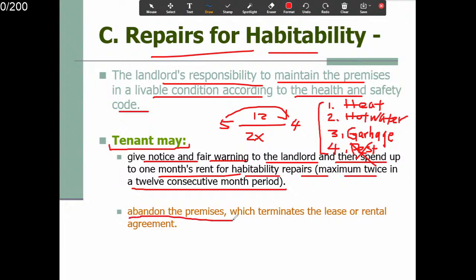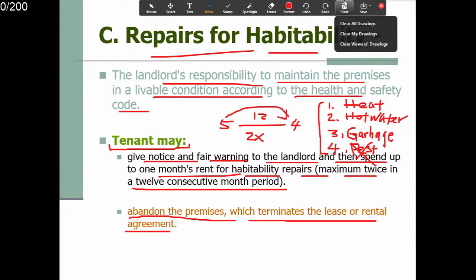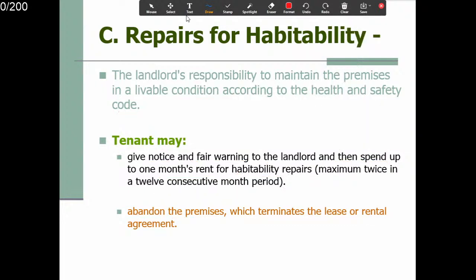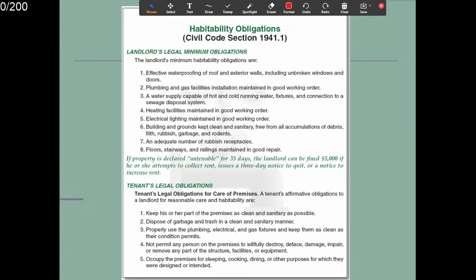And abandon the premise which terminates the lease or rental agreement. 如果房客 if the tenant just leave, abandon the premise, that terminates the lease also. Okay. 他放弃了，他搬走了。OK，这个也是把这个协议结束。So here's a list of what needs to be done for habitability. Okay,